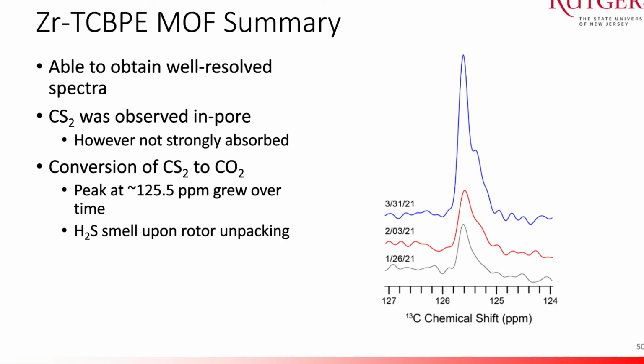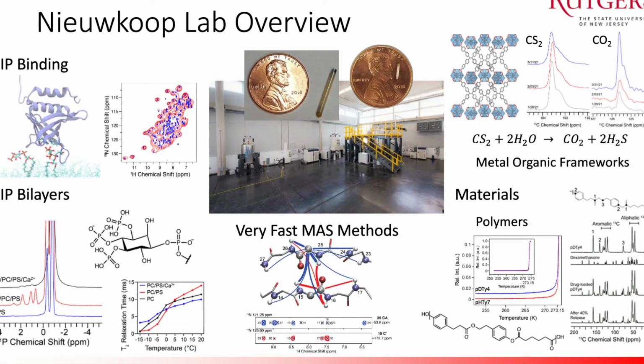So hopefully you will see a paper on that coming out soon, where in addition to capturing CS2, this MOF is actually converting CS2 over to CO2. Something that you would want to do, as this is toxic and this is only the greenhouse gas. So with that, I hopefully was able to talk to you a lot about our PIP work,